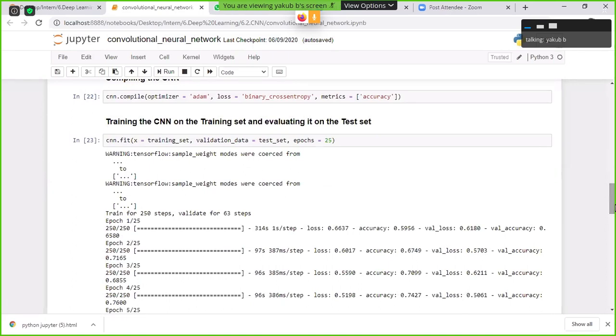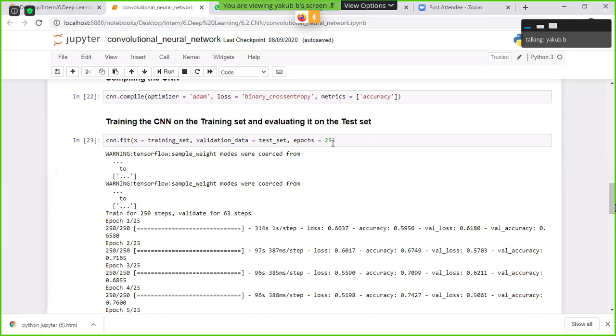So here we store the entire training data directly into the training set folder, and the validation data to check the performance of the model based on the test set. In the fit method, I am specifying the training data as well as the test data. To get an accurate result, we need to specify the number of iterations to update the weights to get the best accuracy. Here I am considering the number of iterations as 25.